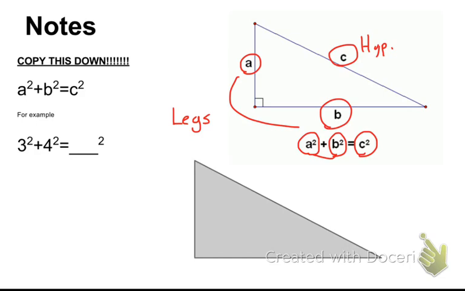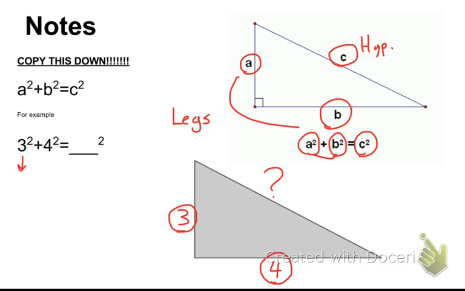So here's my example. I have a triangle here with a side of 3 and a side of 4. Okay? And you can go ahead and use a ruler if you want and try measuring this out. It's going to be true every single time. Okay? If I have a 3-inch by 4-inch triangle, and I want to know what this mystery side is, we